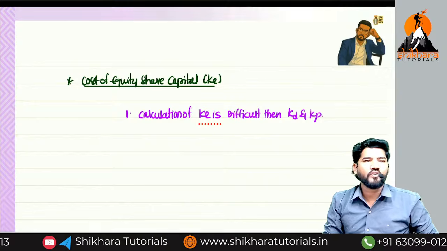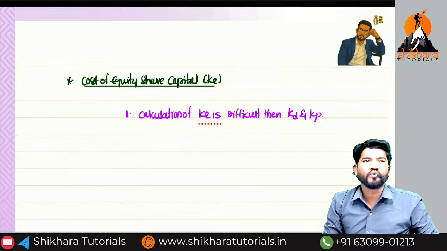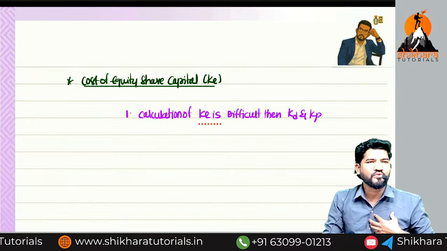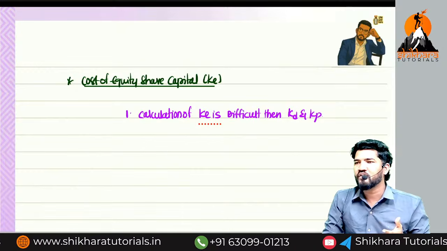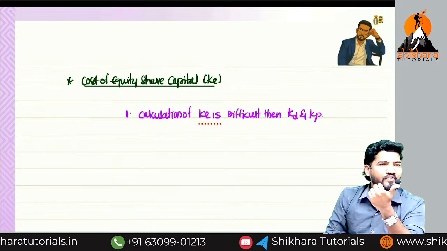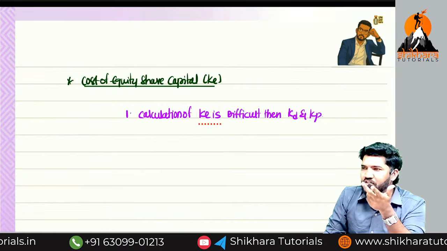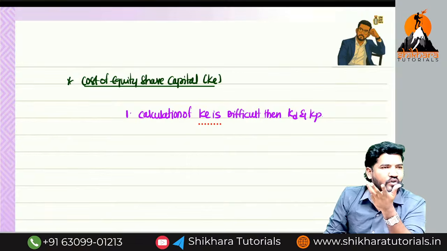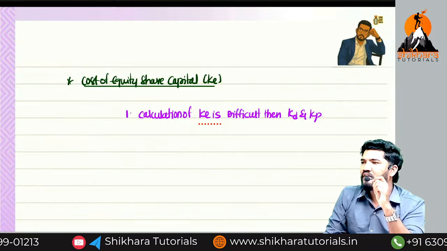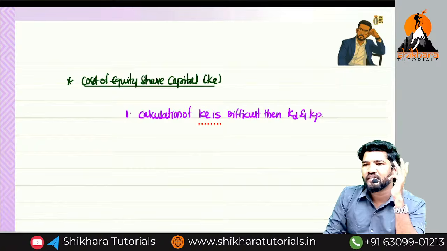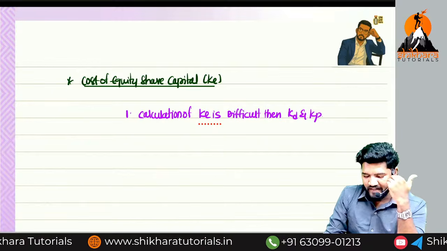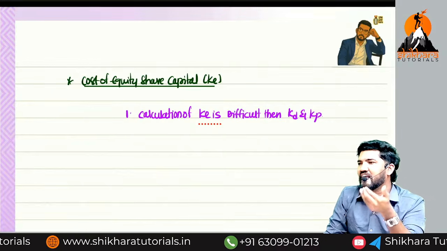And moreover, one important thing is there: growth. We do not share our grown values with anyone. We share that growth with whom? Only owners. If the company is growing, to whom do I give that growth? Debenture holder? No. Equity shareholder? Yes. Preference shareholder? No. So only the equity shareholder. Now, is growth constant, increasing or decreasing? It fluctuates. Because of all these reasons, calculation of KE is more difficult than KD and KP.